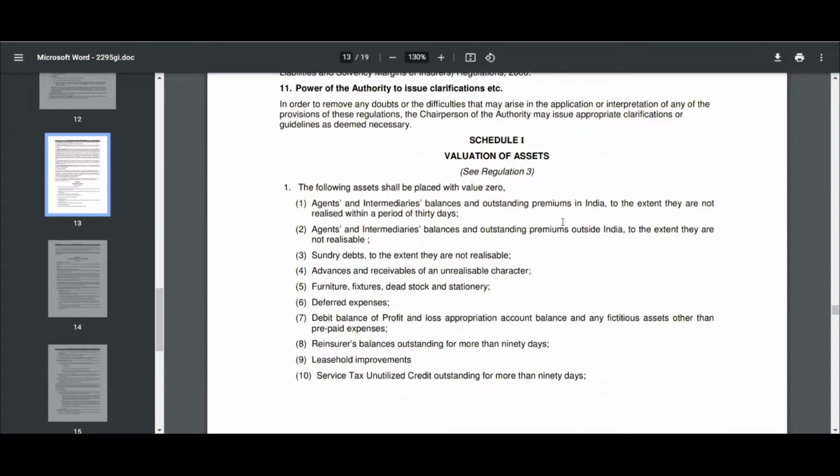And usually when I read this regulation, I read it with the appointed actuary regulation. So today almost 75% of the regulation will be covered, and the remaining 25% will be read with the appointed actuary regulation. So you'll see how important this regulation is. If you want to be the appointed actuary of an insurance company, this is a must-know regulation. And the regulation that I'm going to cover is based on life insurance.